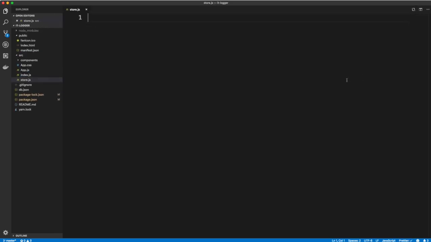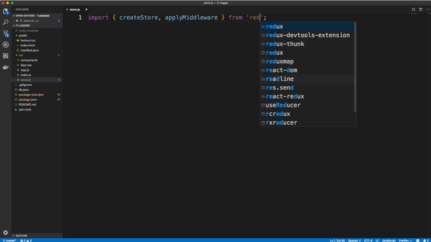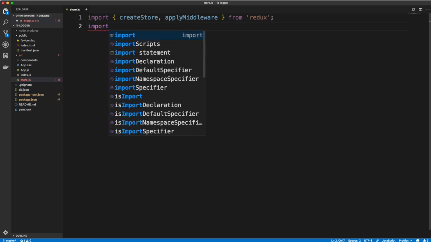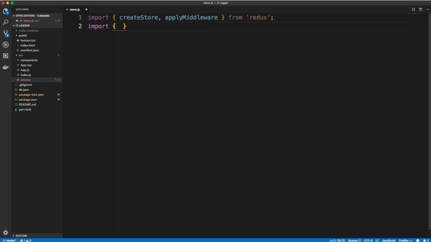So in here, let's create not a folder, but a file called store.js. And inside our store, we're going to import some stuff from Redux. So we want to import createStore, which is responsible for actually creating our store. Since we're using the Thunk middleware, we also want to bring in applyMiddleware. And that's going to be from Redux itself. Okay, now we're also using the DevTools extension, so we're going to say import, and we're going to bring in something called composeWithDevTools, and we're going to bring that in from